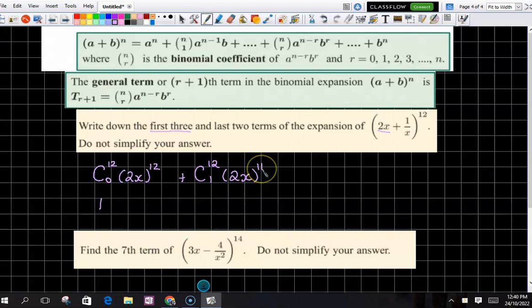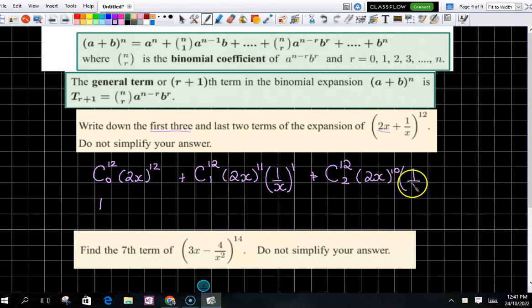11, right? Take 1. But now we have to deal with our second term, which will be 1 over x, and that's going to be, again, you wouldn't write 1, but I'm writing the 1 just so you can see, 11 plus 1 is 12, plus C, 2, and this will now be 2x to the 10, 1 over x